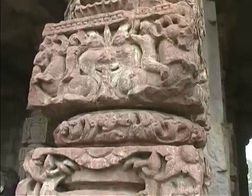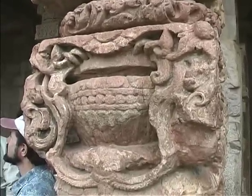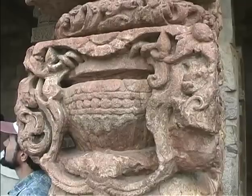These are defaced human and animal carvings taken from a Hindu temple. This is what it was. And now if you look, just